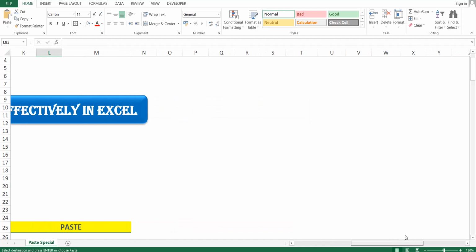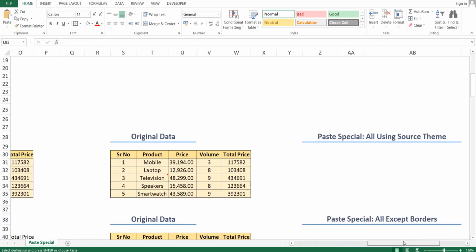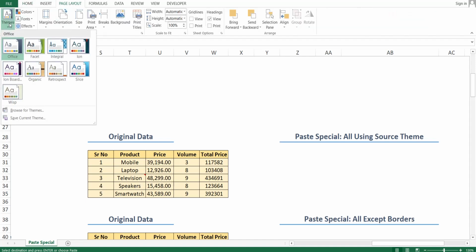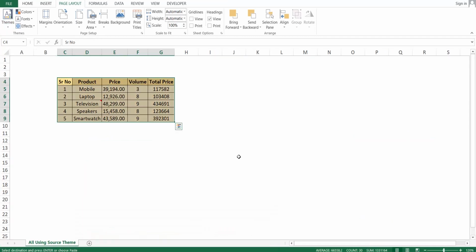Our next option is paste special all using source theme. The main function of this is that many times there are multiple themes available for different Excel sheets or different Excel files. We can find the current theme of our Excel sheet is Office, but I have already opened another Excel sheet.